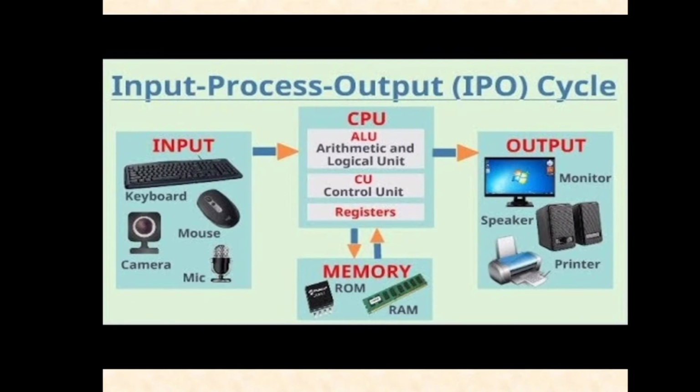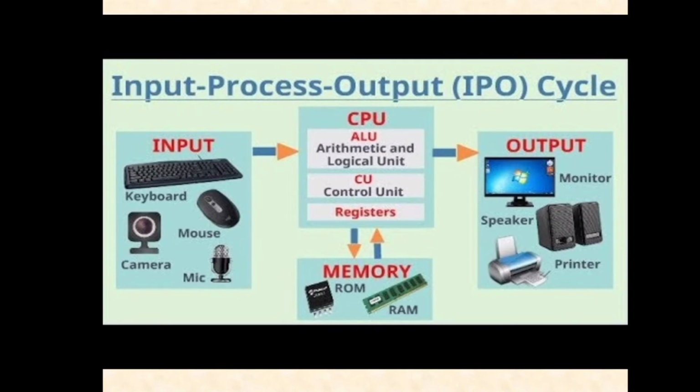Now, ALU, what does it do? It performs logical and mathematical operations. Then what does control unit do? It controls the sequence of set of instructions. Now, what are registers for? Registers are fast memory. In this, you can store the values of calculation, like whatever calculation you are doing, the values of those calculations you can store in registers. Okay. Now, what about memory? In memory, RAM, you can store those set of instructions temporarily, for short time.